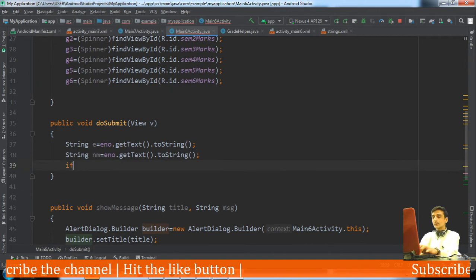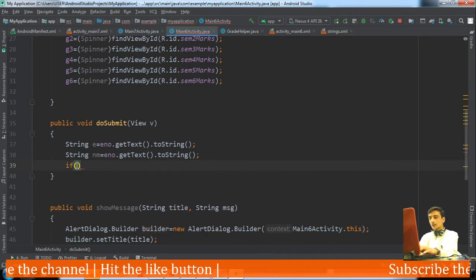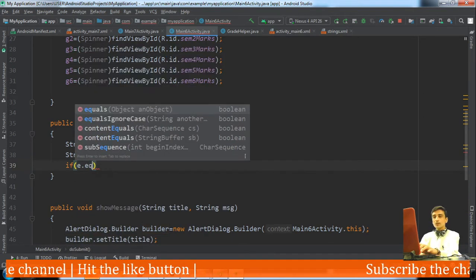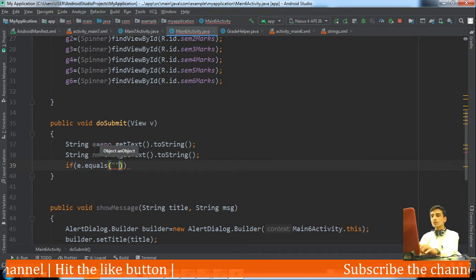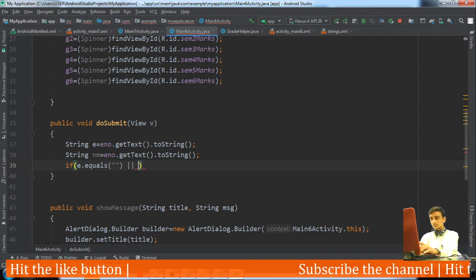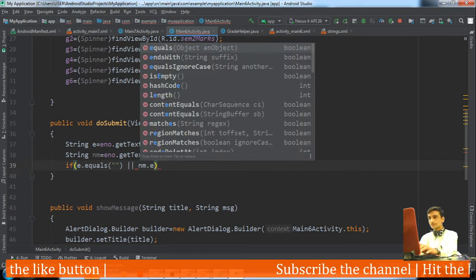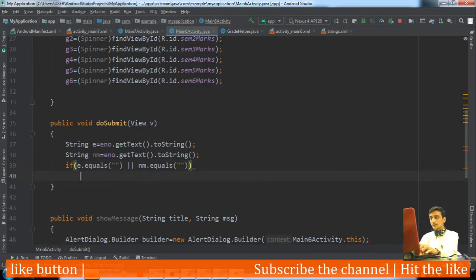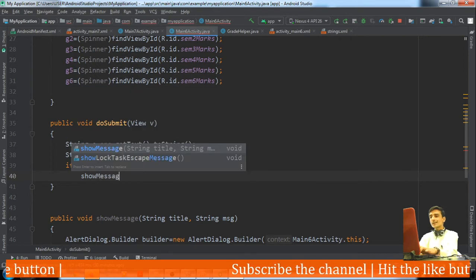Here we will check if e.equals empty, if any of the two edit views are empty, then we will show message.